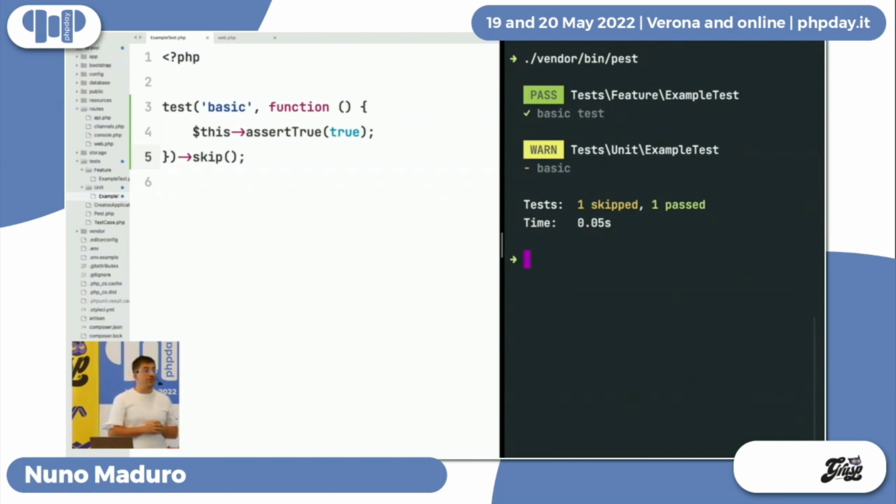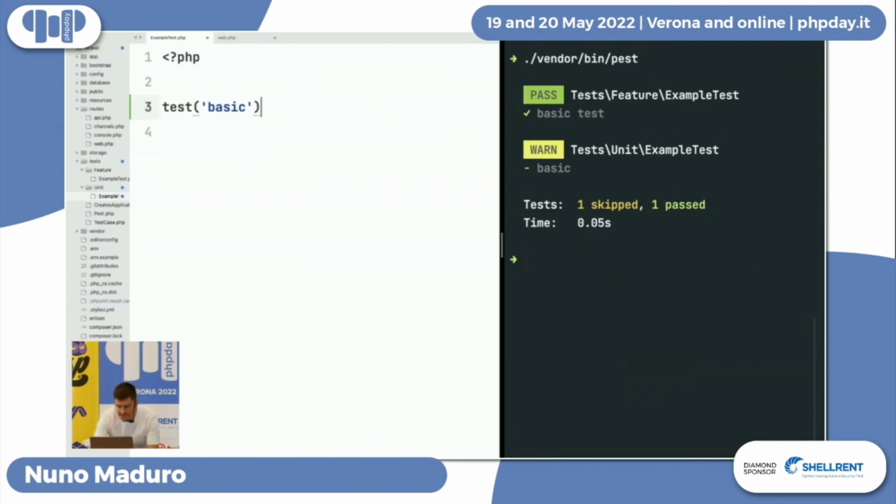Now, you can also do incomplete tests. On Pest, we call them pending tests, because in fact, it's a test that is not being written. And this is very useful, because sometimes you just want to keep a to-do list of tests you want to write. You may never write them, but sometimes you want to do that. So what you need to do on Pest is simply remove the closure, just like this. You remove the closure, just leave the description, you run your test suite, and then now we have an incomplete